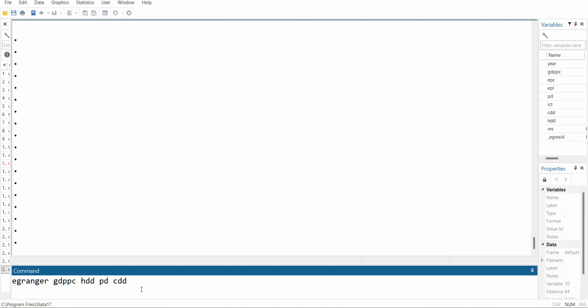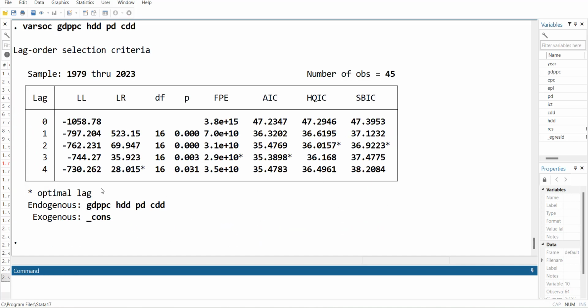The first way is the Engle-Granger test. The command is this, but before that we need to know how many lags we should keep. So I will start with varsoc. For all those variables, it is saying that the majority of stars are at 3 and 2. So for simplicity, I will start with 3 and then have a look at 2. So I will run egranger with lags 2